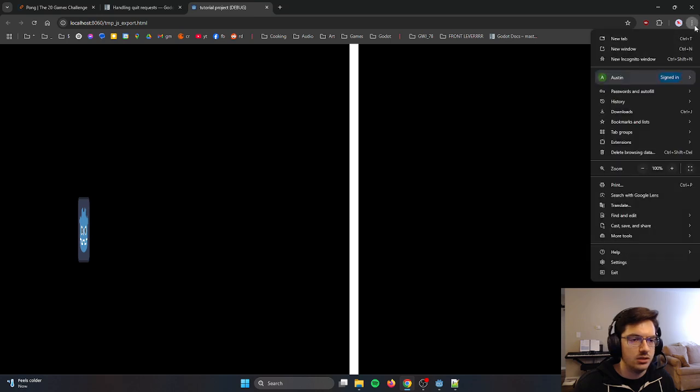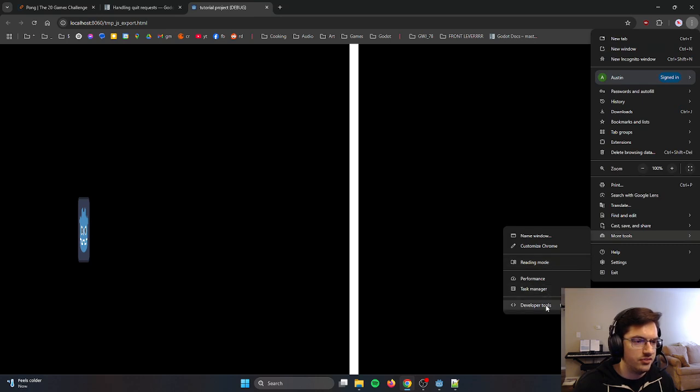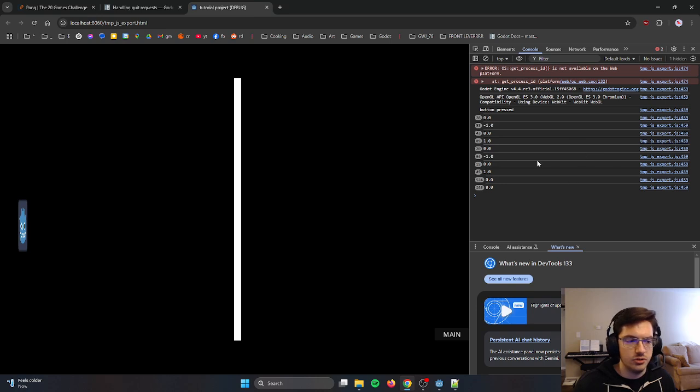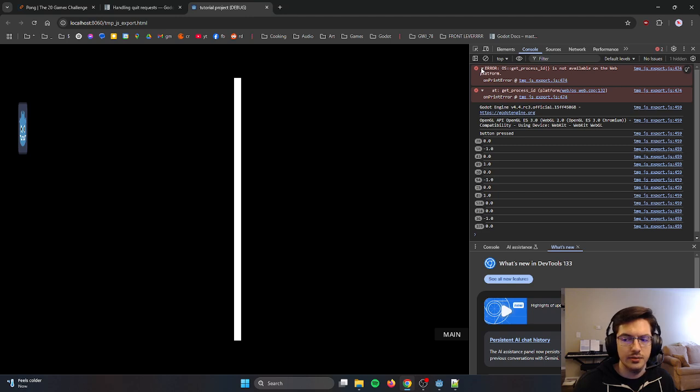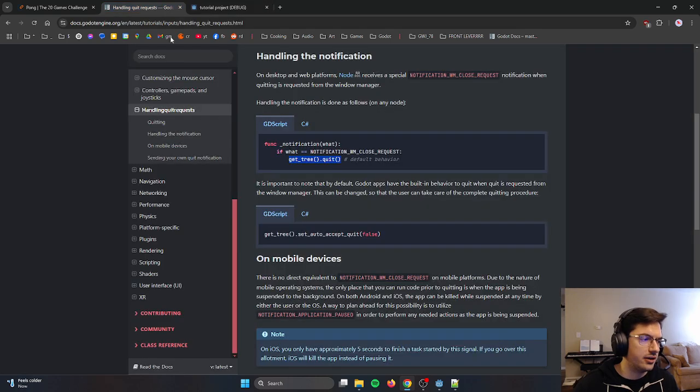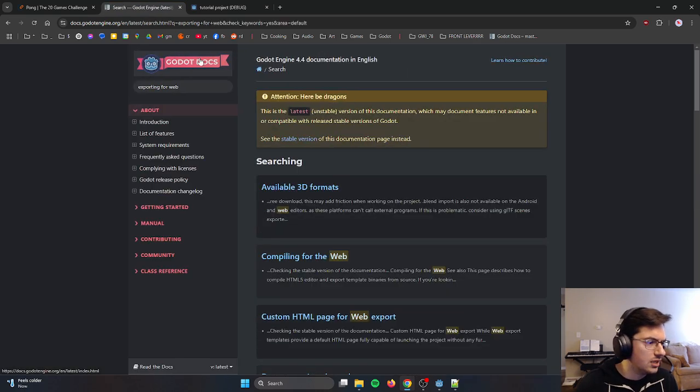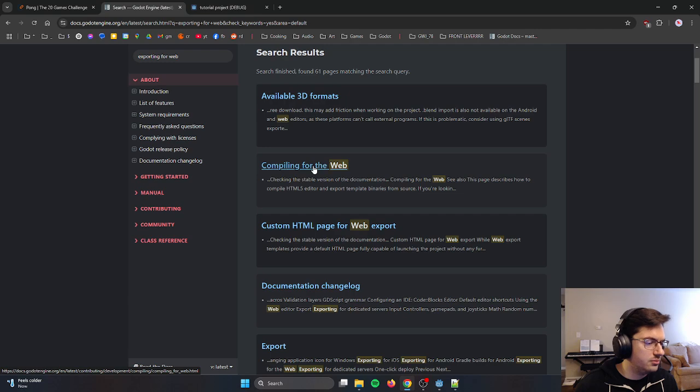Sometimes you'll get errors depending on what you're exporting it to. For web, you can go to the three dots, go to more tools and developer tools, and it will show you all of the output. So if you get errors here, you can try to debug those and see what kind of problems there are with your export. And there are guides on the docs for exporting. So if you search exporting for web or compiling for web,